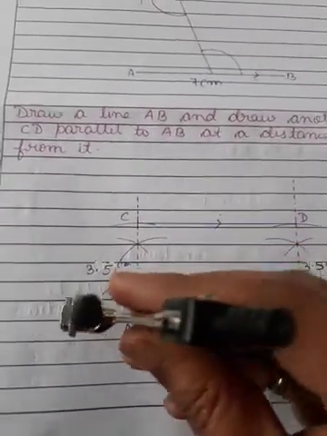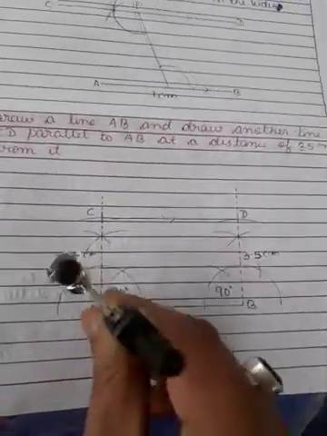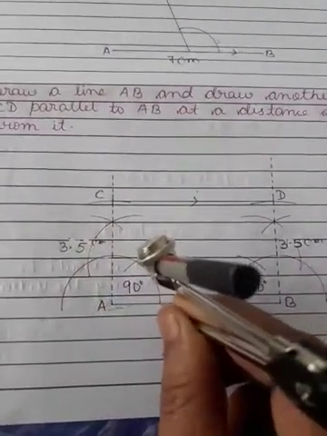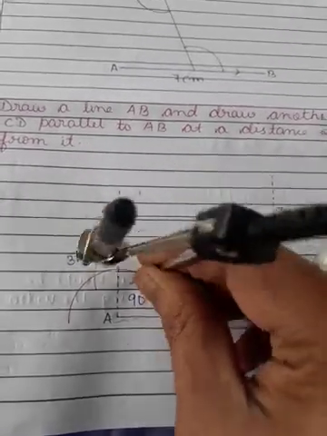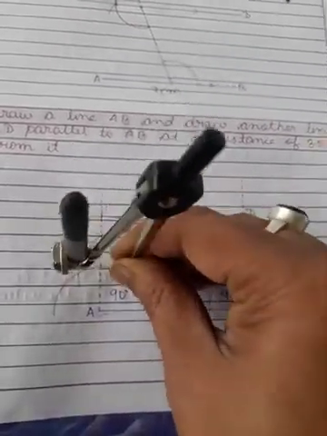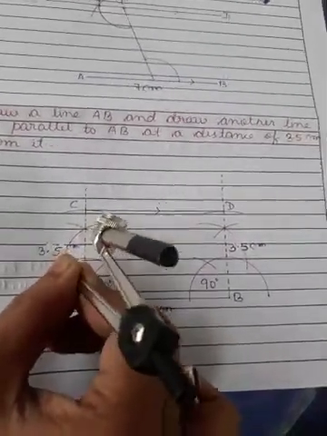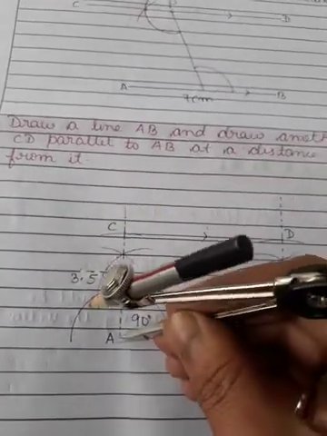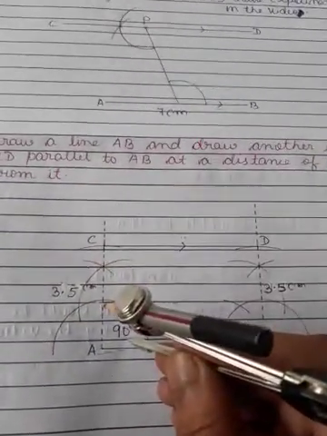For 90 degree, as I told you, first of all you make one arc like this. With whatever length you want, draw one arc, then keep the compass here and cut one time, then again keep at this point and cut like this, and then cut like this. Where it is cutting, put the compass there and then cut like this. So at this point and this point, with the help of a scale you will draw one dotted line. So this is our 90 degree.